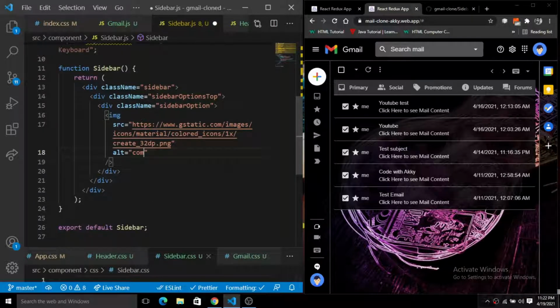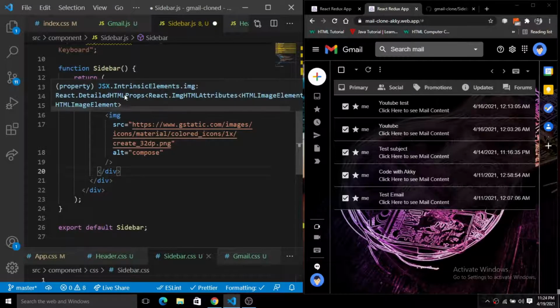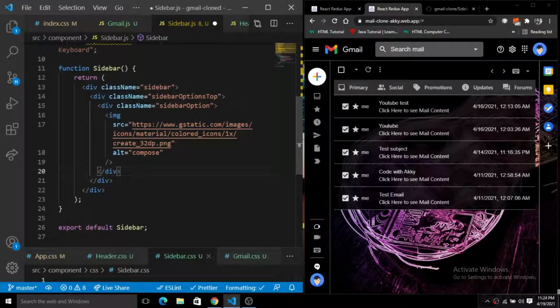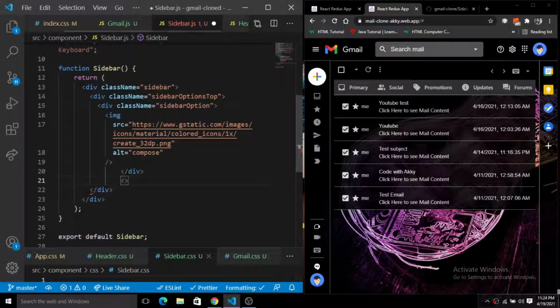And next we have a lot of icons, and these icons will be rendered on this. Sorry guys. Next we have this image there. Now what I'm going to do is simply create another div here, right? So let's create another div. Let's give the class name of sidebar options. So sidebar options, sidebar option icon. So we have this icon.